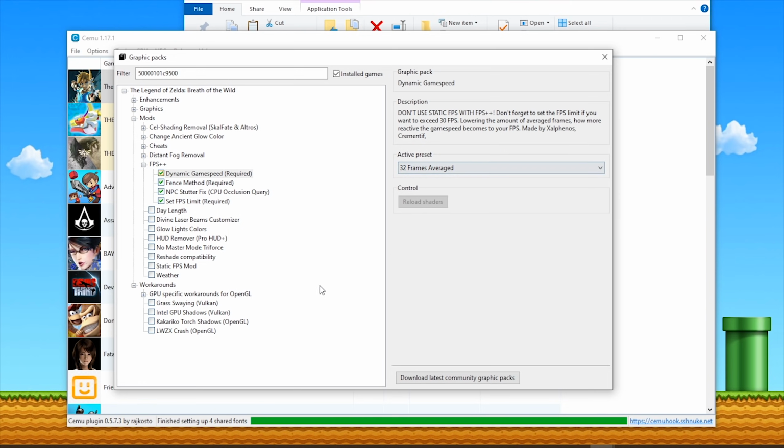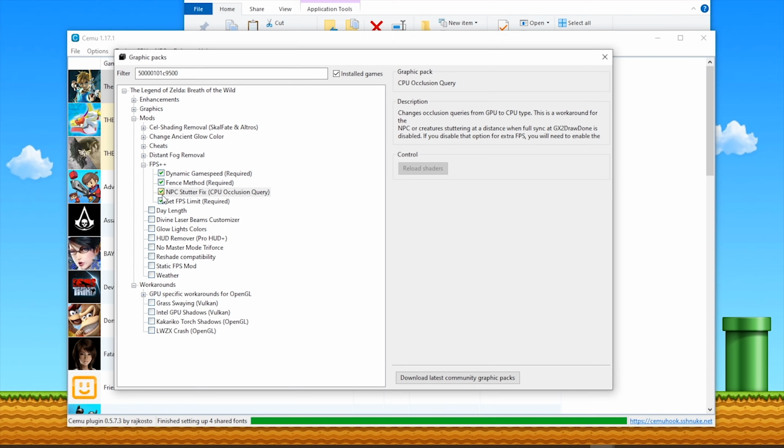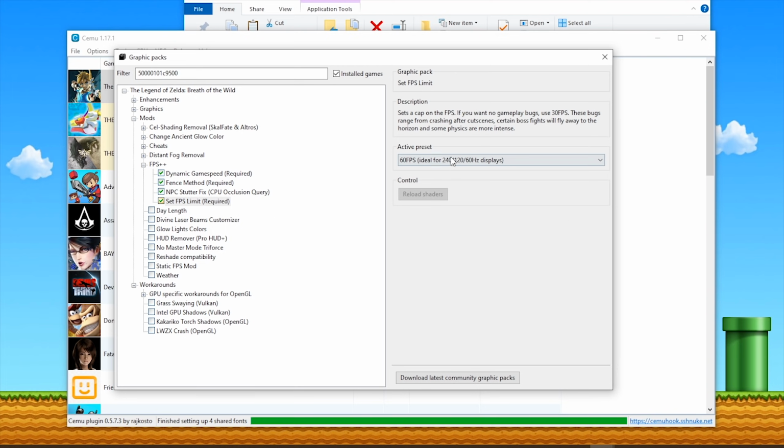game speed at 32 frames average. For fence method, we're going to be using a performance fence. It is the best one for performance, obviously. NPC stutter fix needs to be activated in the event that you're not using a GX2 drawdown with OpenGL. This gives a massive performance boost, and for set FPS limit, you're going to be leaving this at 60 frames